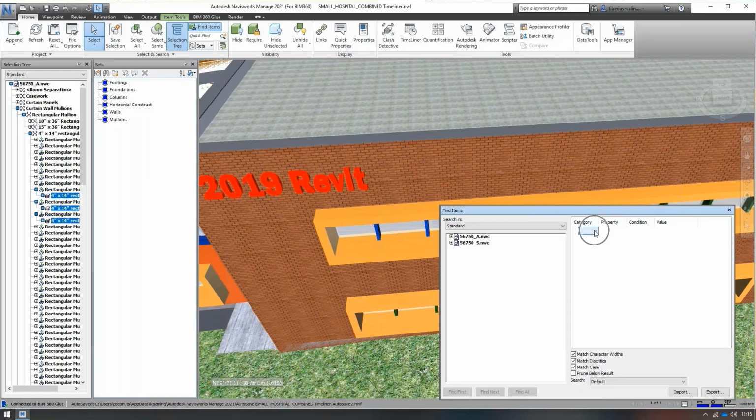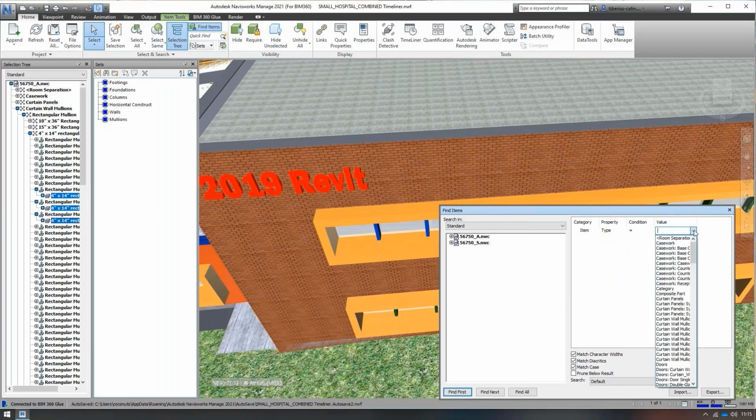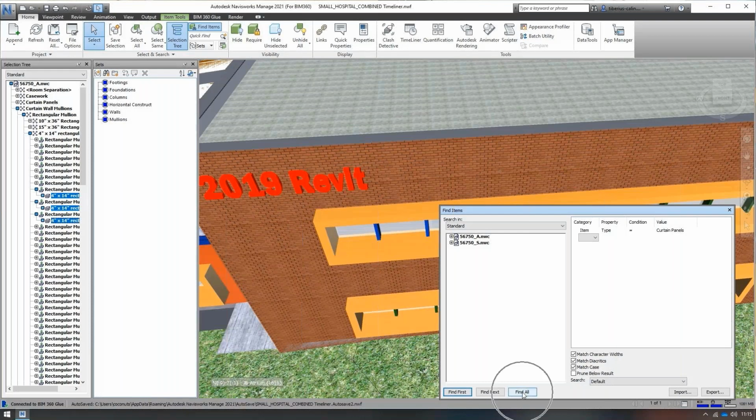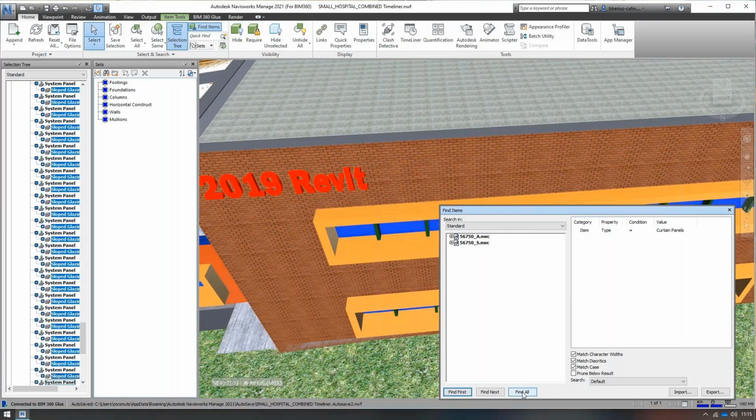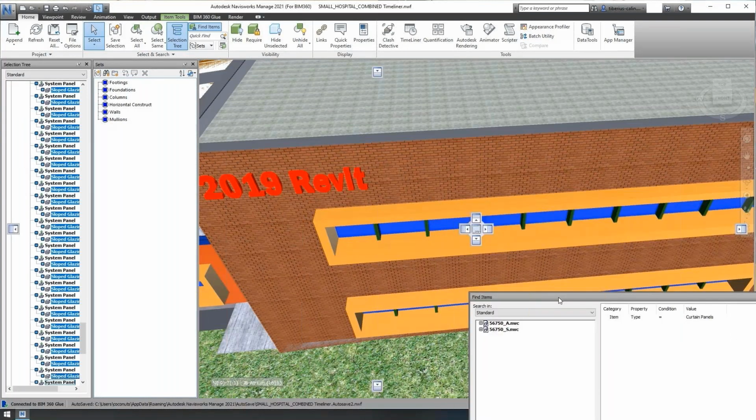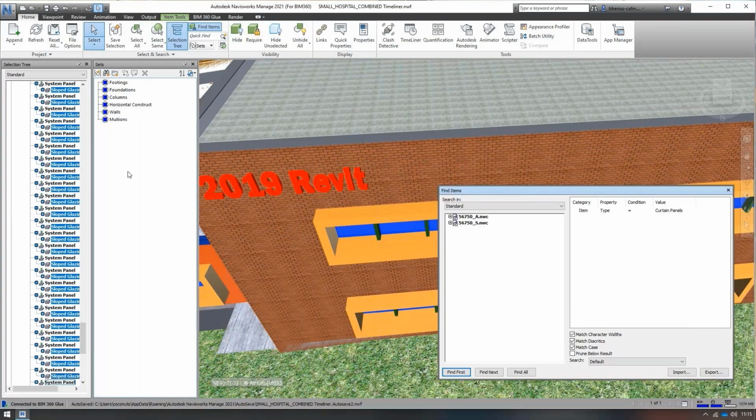So docking the find items panel, we can search for all the items which have a type equal to curtain panels, for example. And then when we say find all, Navisworks goes and finds all those items within the model. And from that selection, we then create a search set. Why is this relevant? Because this is the best way to group elements within Navisworks in order to attach to tasks. And we'll look at that